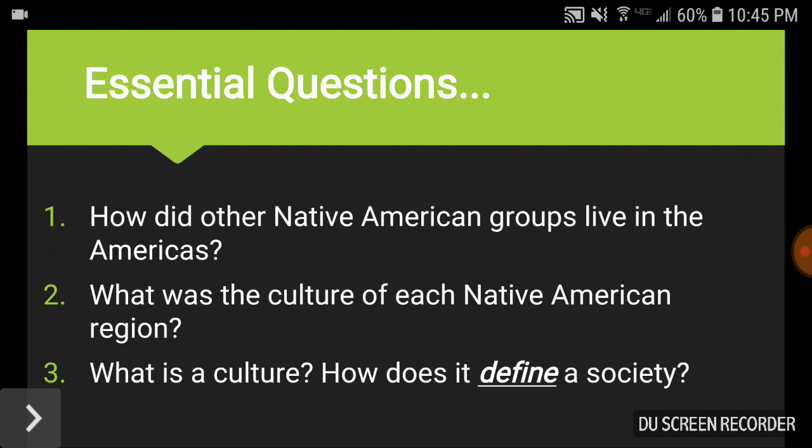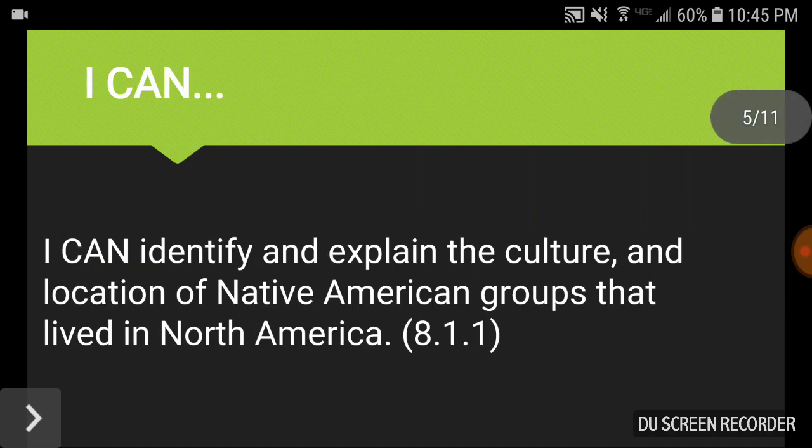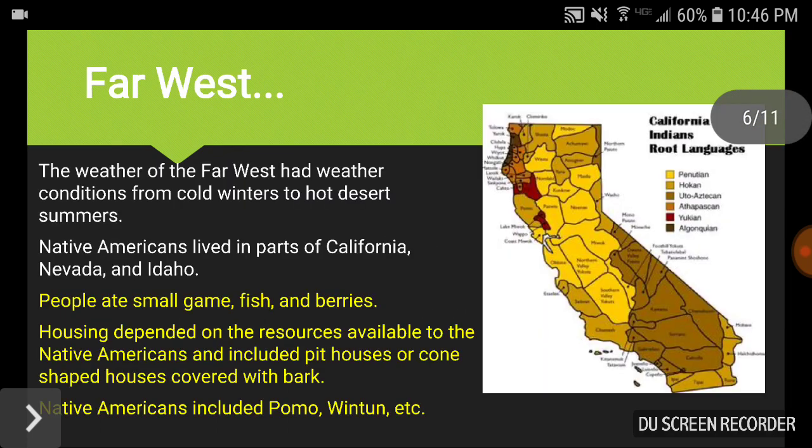Question 2: what was the culture of these different groups in different regions like, and what is a culture, and how does it define what a society or civilization is like? By the end of our notes today, you should be able to identify and explain the culture and locations of Native American groups that lived in North America.